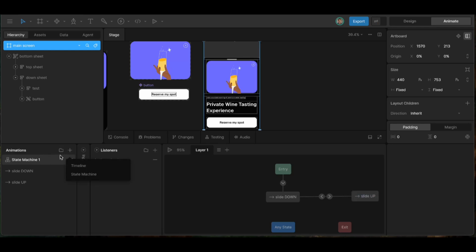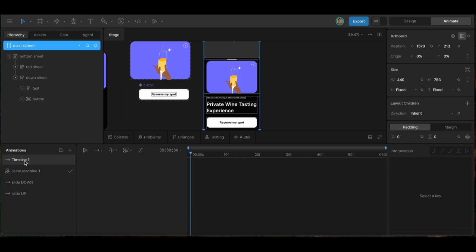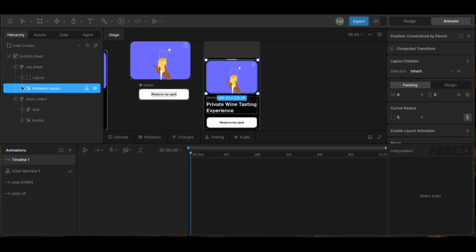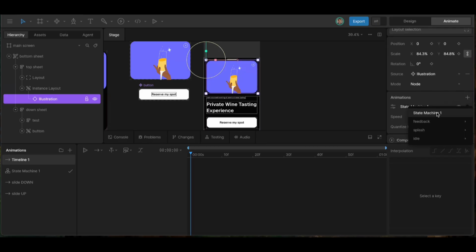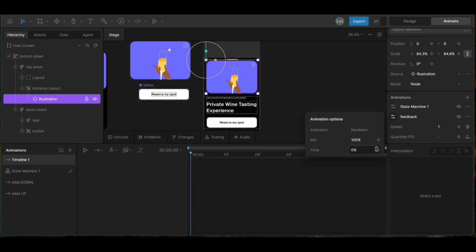So now we are going to come back to creating a timeline, and what I'm going to do now is easy. So I'm just going to come to our illustration and just take out our feedback, and I'm just going to remap. I'm going to use remap, not simple. So I'm going to use remap so I can use it on our timeline here. So using remap, I can just report the time and just 200%, and we're going to have